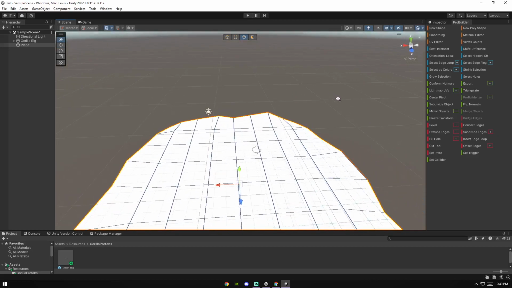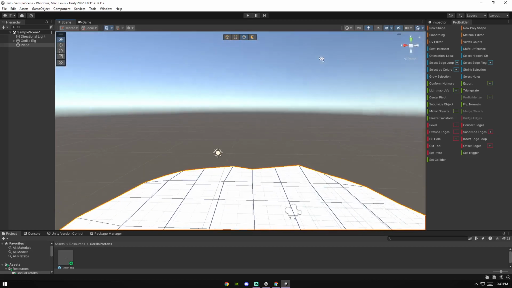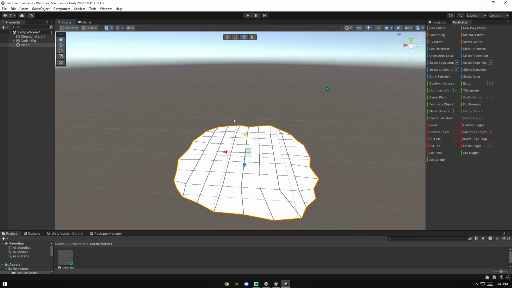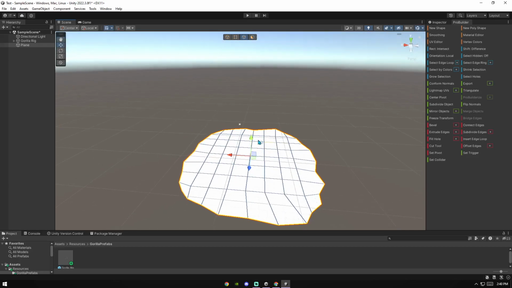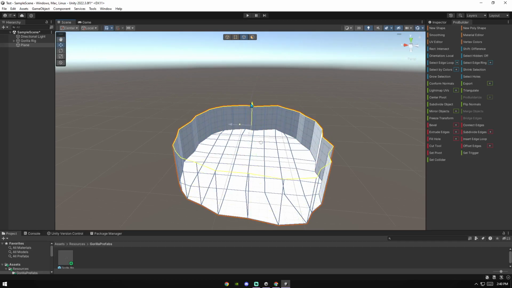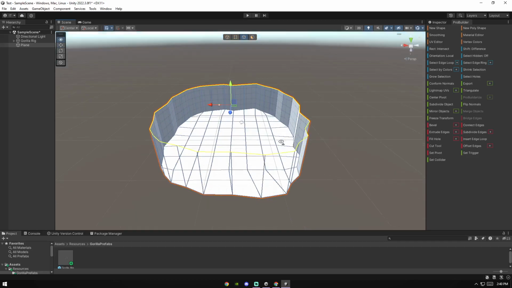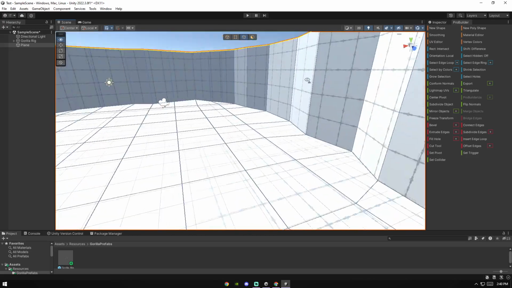Alright, now once you have selected everything, how you're going to extrude it upwards for walls, you're going to say Control E as extrude. It looks like I forgot one right here, so I'm just going to say Control Z, and then select that one while pressing shift. Now I'm going to say Control E and bring it up however much I want to bring it up. Now I'm going to bring it up just a tiny bit,